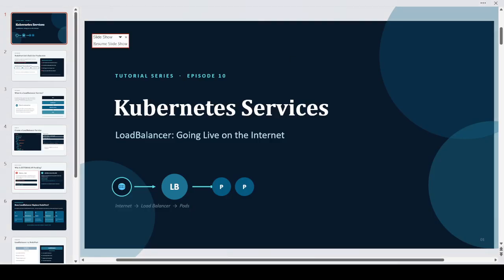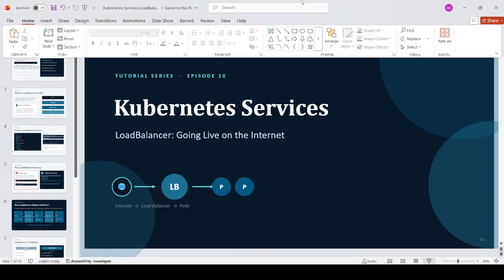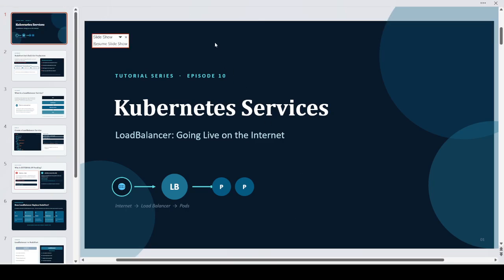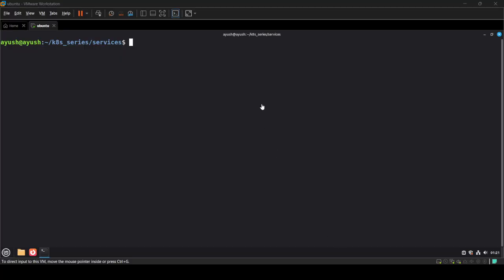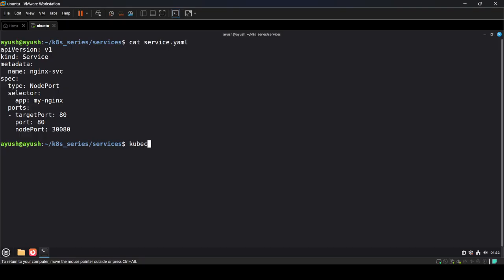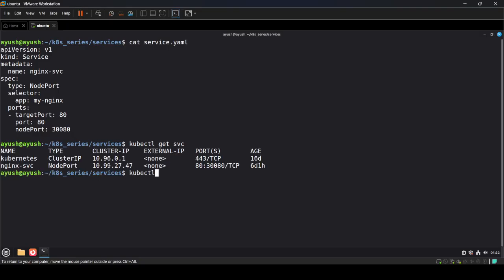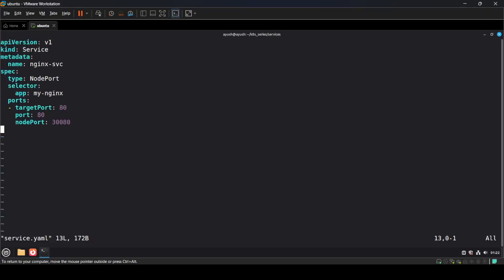Let me just open up my, just a second. Yeah, so here we have one service. Okay, so I'll delete this particular service. I can show you this get svc over here. Delete service.yaml, and I'll open this service.yaml and edit in this only. I don't need NodePort now. Instead of that type, I'm just going to give the load balancer,